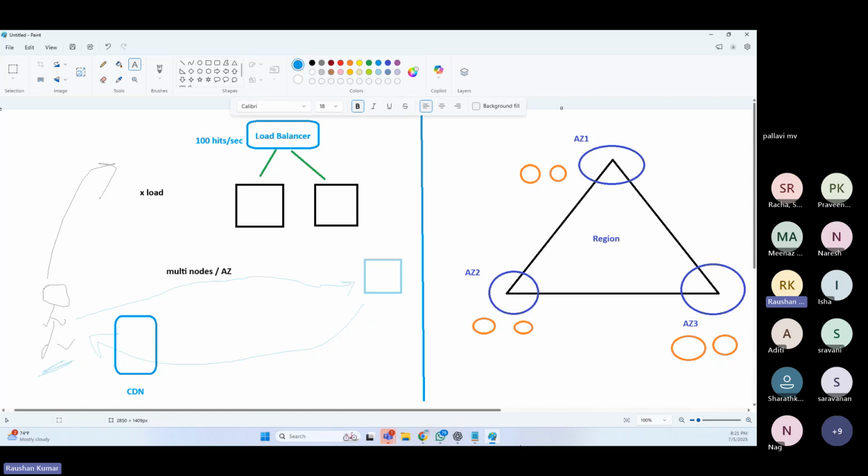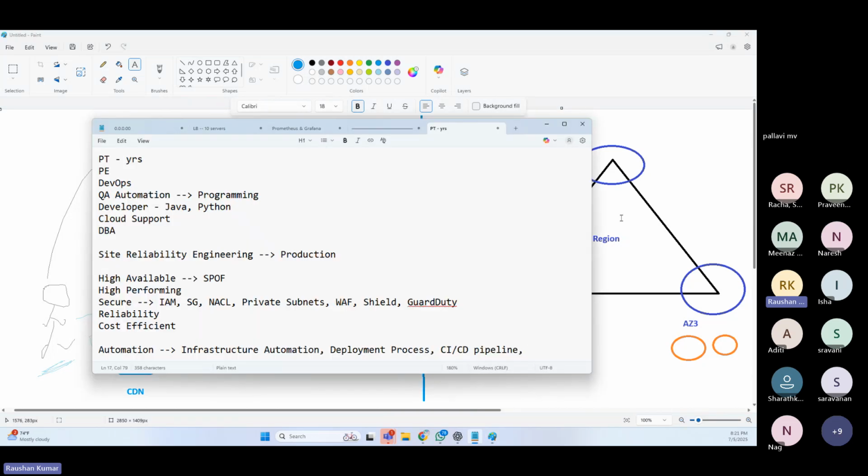So we are only talking about using multiple zones of the region. But what would you do if the entire region goes down? You have to have a strategy in place. What would you do so that users don't get impacted? That is what we're talking about. What would you do to make sure that users do not get impacted? So you have to plan for it. Who would plan for it? SRE engineers would plan for it. So disaster recovery,